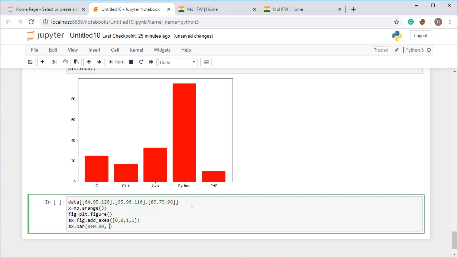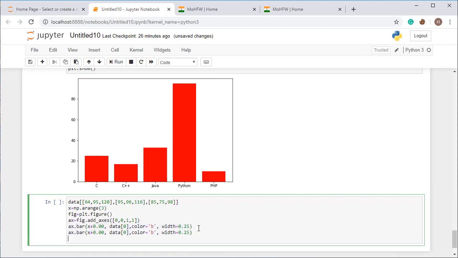We are constructing the graph, so I am just putting data[0], and then I want the color of marks scored by him as blue, so I'm putting it to b, and then I'm setting the width for it. The width for the bar graph will be, just take 0.25, so that you get the visualization easily. All right. So I've set all these things. Just copy this thing and paste it 3 times so that you can plot the different graphs for the other values also.